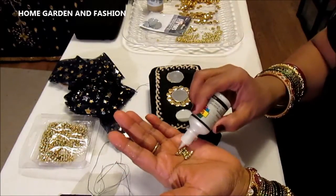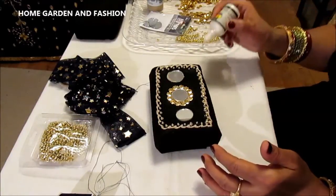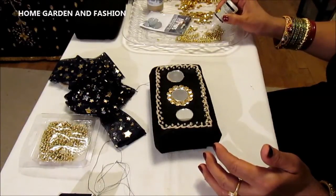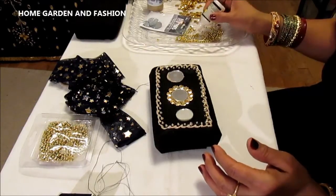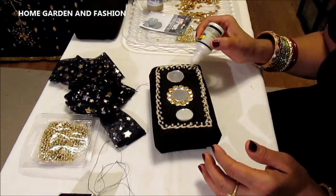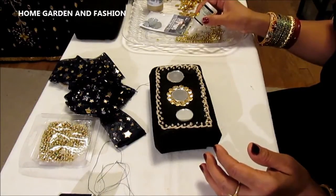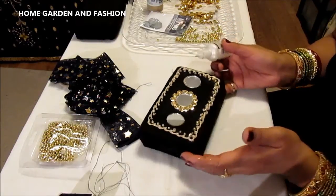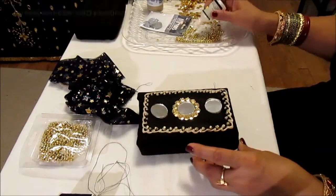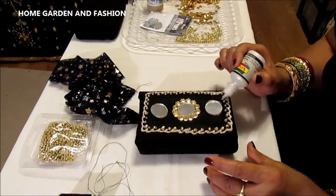Now like this you go on, continue with this until you do all the sides, and like this you make 3 of these, and then I'll show you what to do with this one. So as you see, this is already looking pretty. Now this, once it dries,